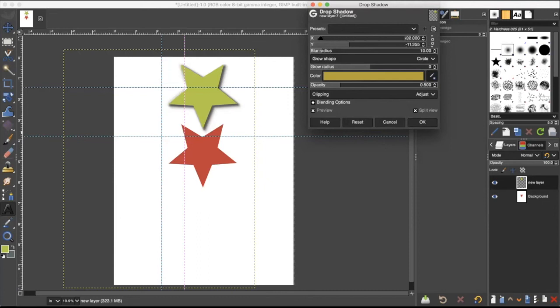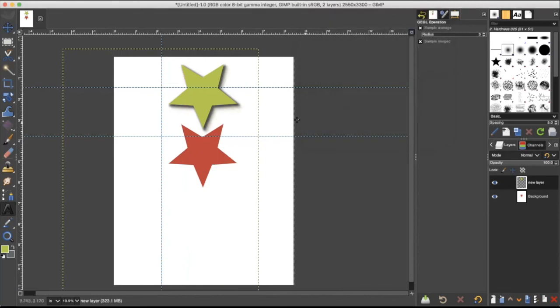You could bring them up or down. You see what it's doing. You can see what you're doing in the split view. You see what it was before and then you can see what it was after. And then you can click OK if you like it. You can always make sure that the live preview is checked too, so that you can see what's going on. Not every filter allows that, but the ones that do, it's kind of good